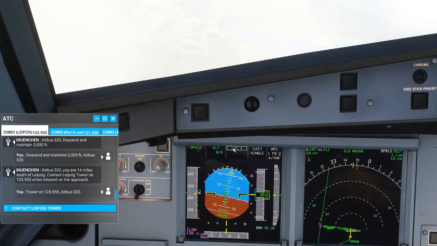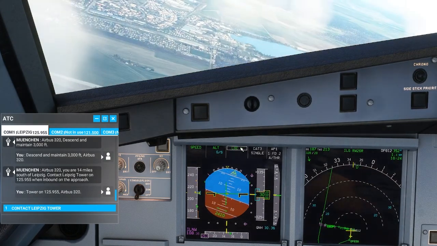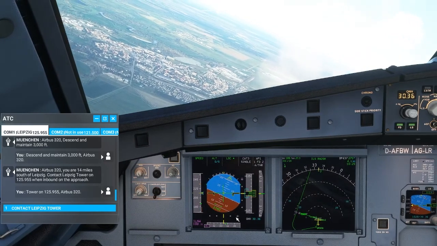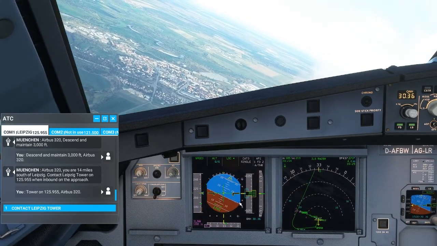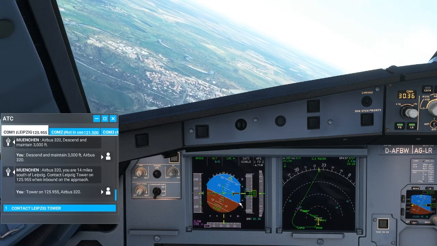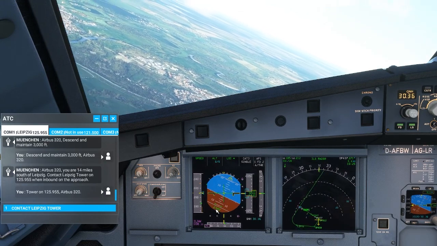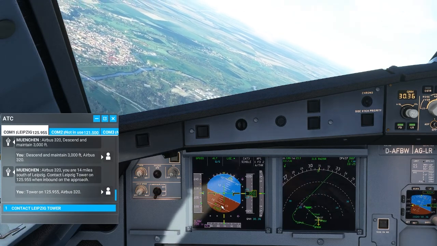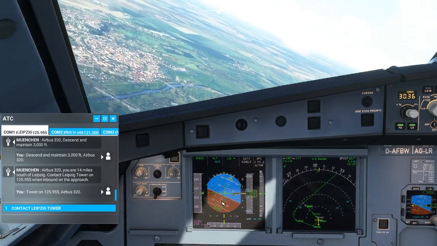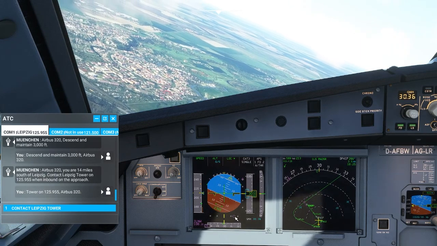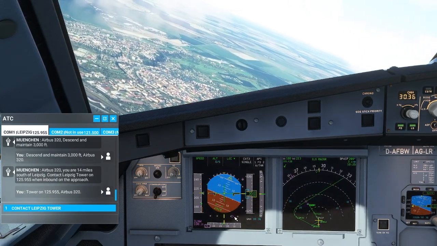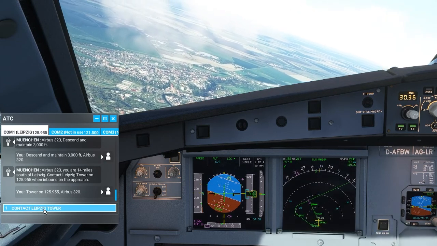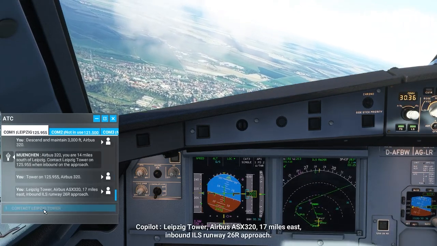Okay, now we have acquired the localizer. So now we're controlled by the ILS. The radio altimeter is alive. We're going to catch this one. Now we're inbound to the runway, so let's contact